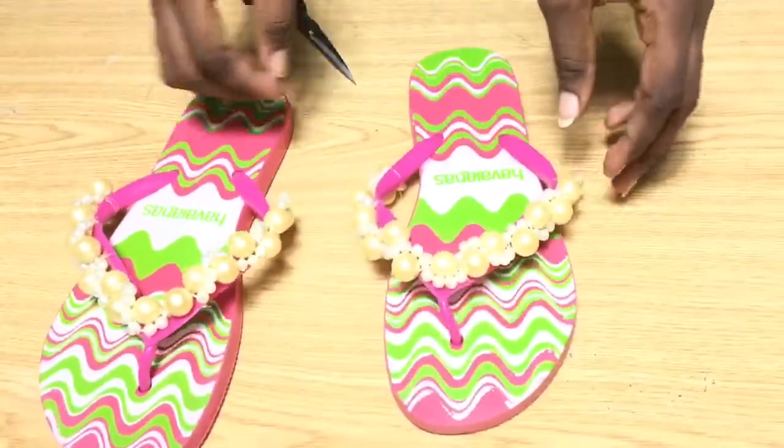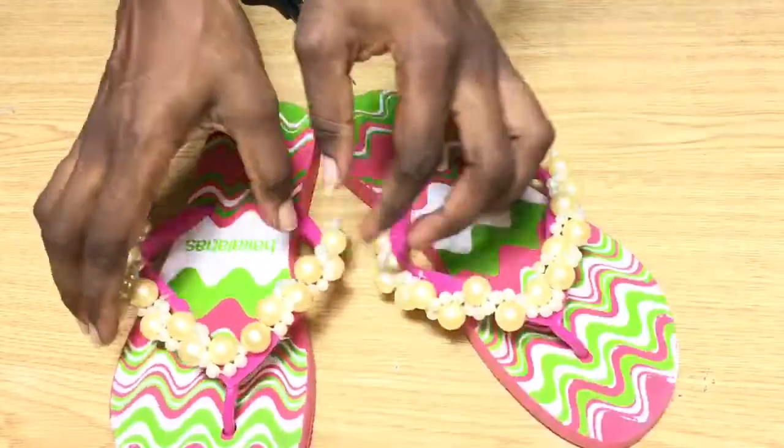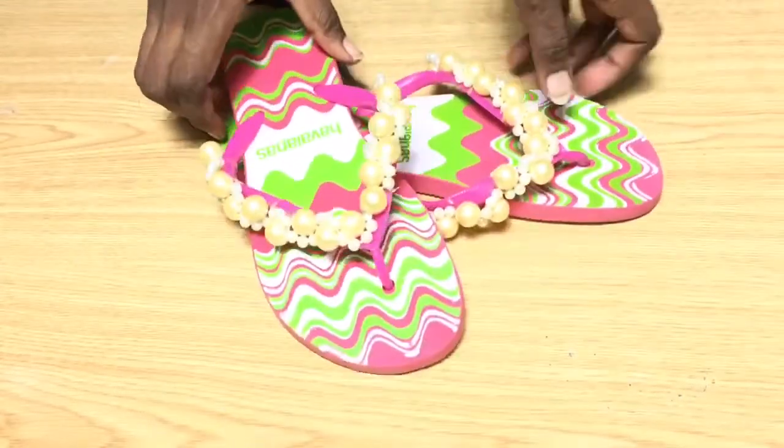Guys, on today's video, this dye I did, this is a try out something. So guys, this is my simple bead slippers that I bought some beads to create this look that you're seeing right here. So for all those who are interested in seeing how I achieve these slippers,